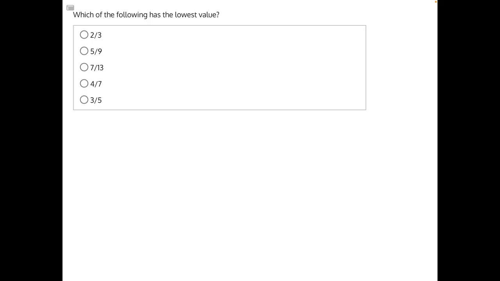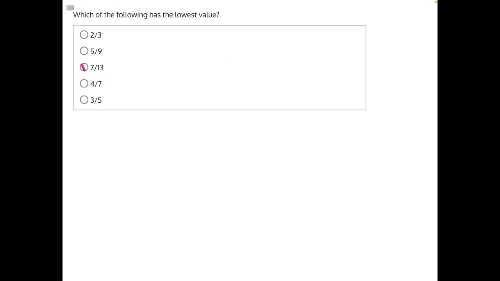So that means we can just look at their denominators to find their value, especially since we have such a variety of denominators. Remember that the lower a denominator's value, the greater the value of the total fraction. So the greatest denominator is going to be 13, which means it has the lowest value. Meanwhile, 3 is the smallest denominator, meaning it has the highest value. On that alone, you can pick answer choice C as your correct answer and move on with the rest of